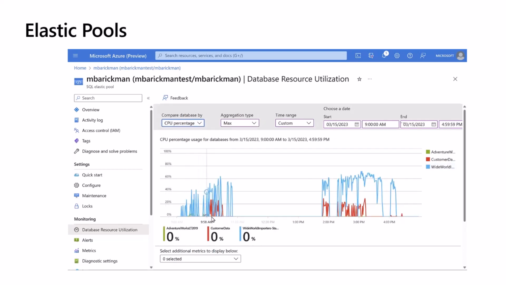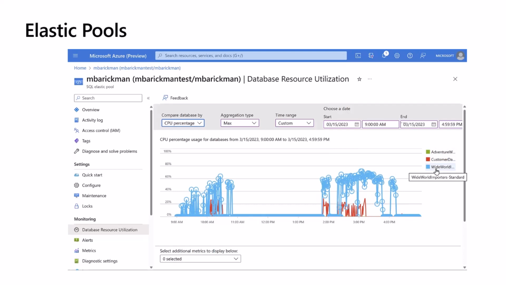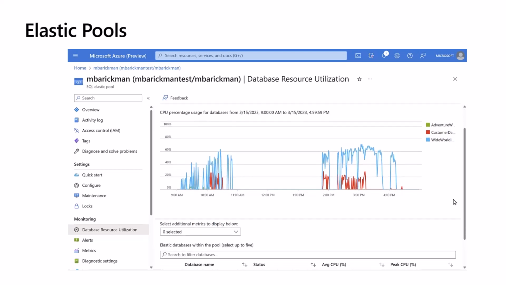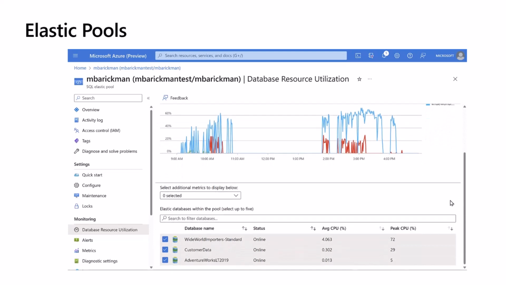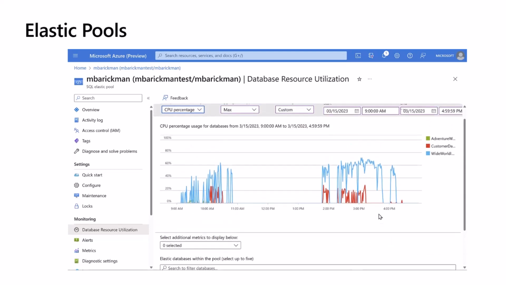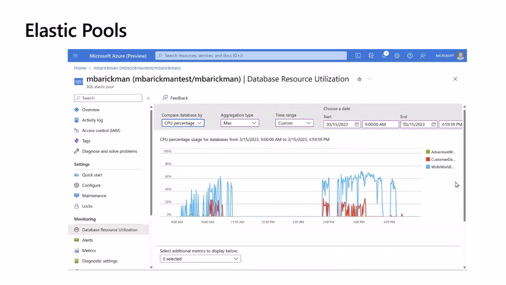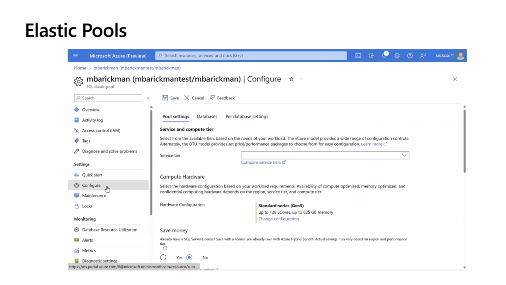And let's take a look here. It does seem like the Wide World Importers database that we have in this Elastic Pool is using a lot of our pool resources. So I think we should remove it from this Elastic Pool and consider adding it to a new one. So in order to do that, we're going to head over to Configure,